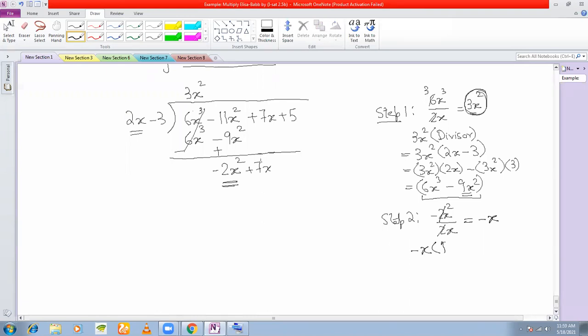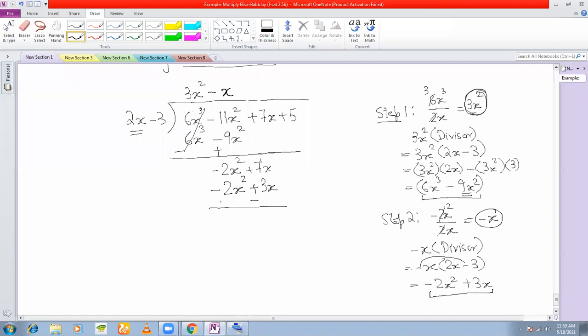I will multiply with the divisor. What is the divisor? 2x minus 3. So if you multiply this, you will get minus 2x square, and this minus will combine to give you a plus sign, 3x. So you will write here minus 2x square plus 3x. First of all, we'll write the top part. The top part we are getting here as minus x when dividing the leading term. So I will write a minus and just write it above 11x square. Okay. And now what I'll do is I'll write this minus 2x square plus 3x.